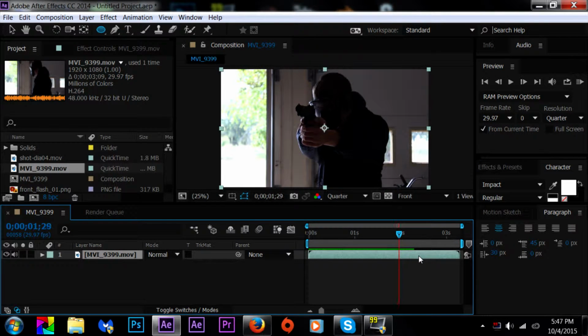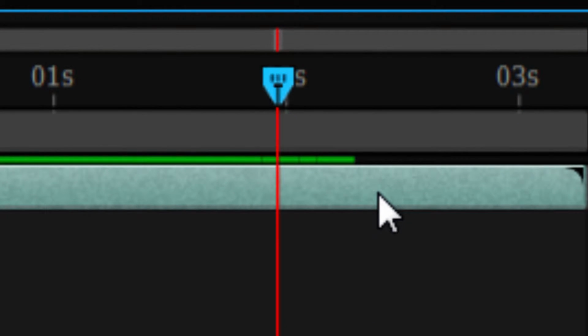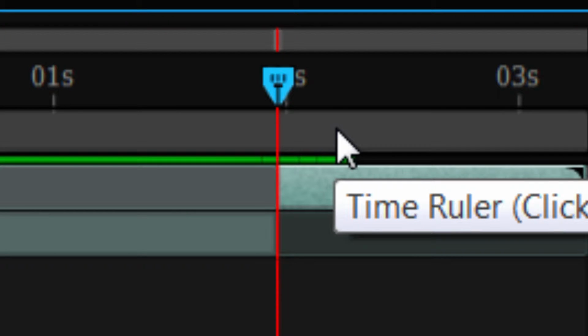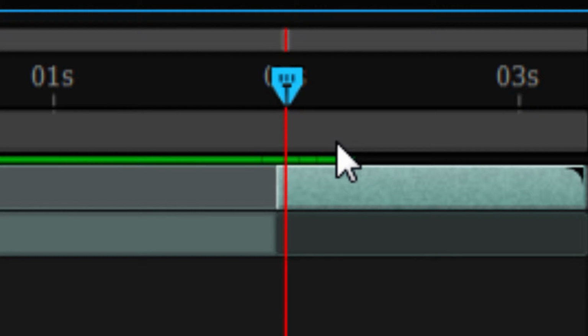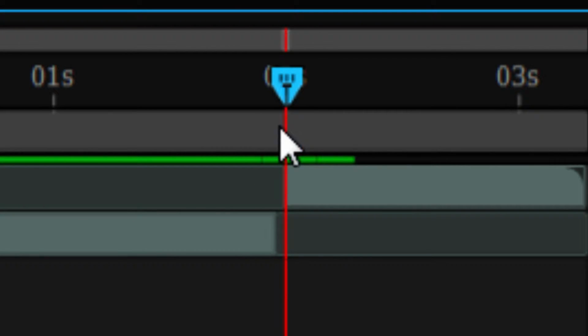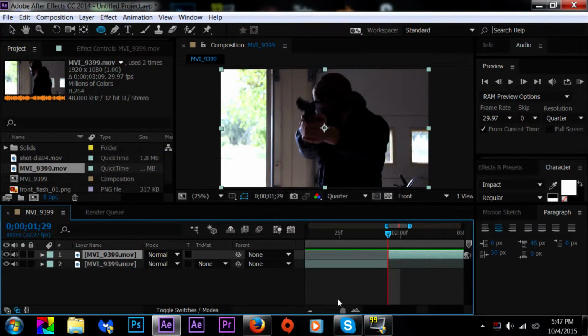So what we're gonna do is go right here. This is if you're on Windows: Control Shift D. It's gonna split the layer. You're gonna move forward one frame, Control Shift D again. That little thing in the middle, delete it. Now you're gonna notice there's gonna be this little black gap. You're just gonna move this piece of footage over,